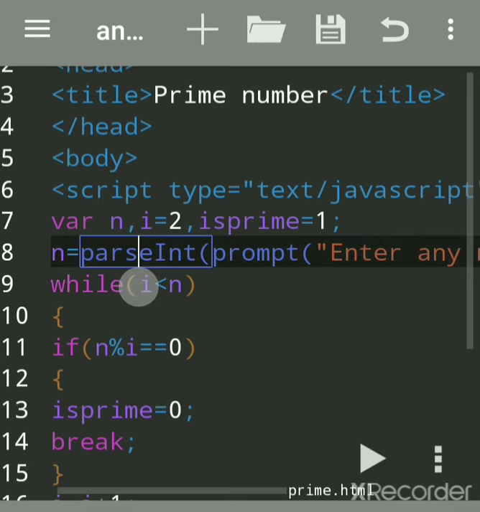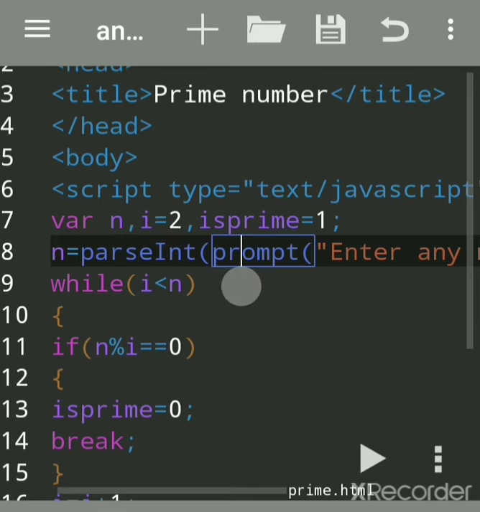So we have to convert that into an integer. parseInt converts whatever string it parses into an integer. Integer means a whole number without a decimal point. Then that number will be converted immediately and assigned to n.